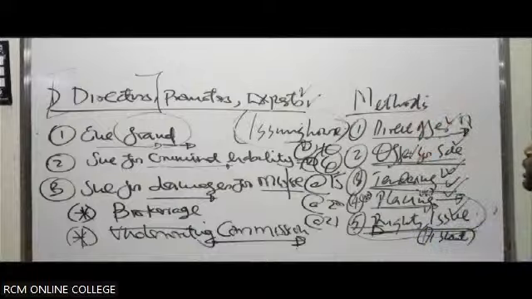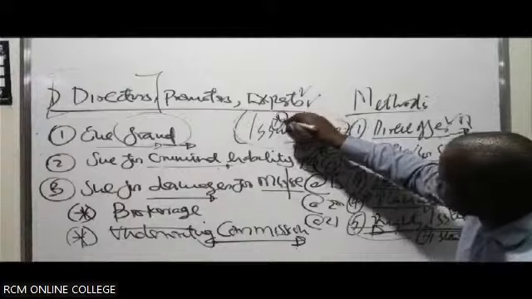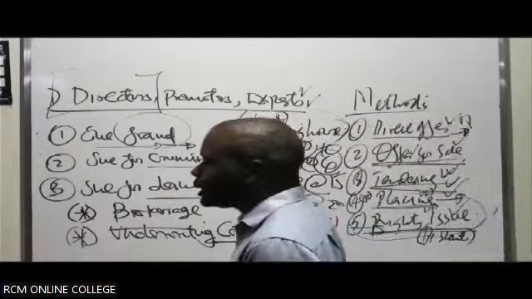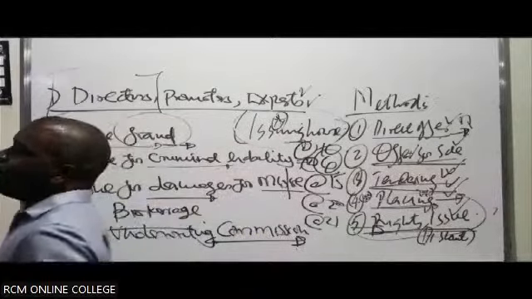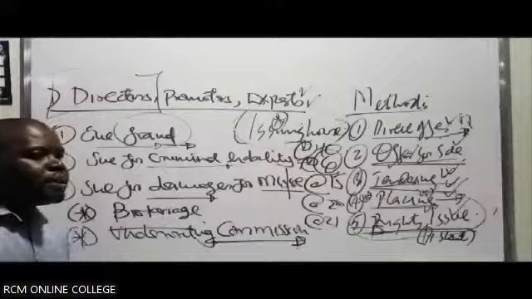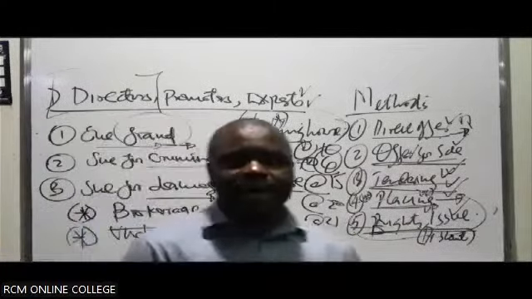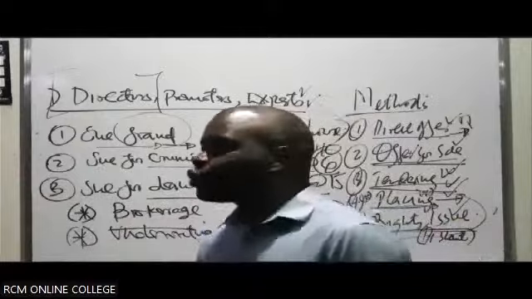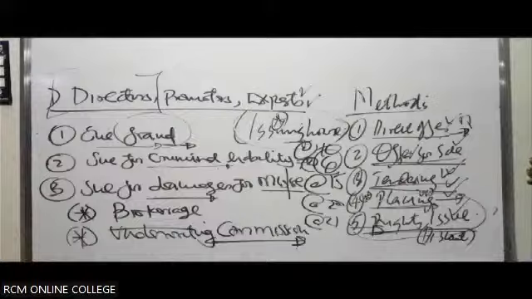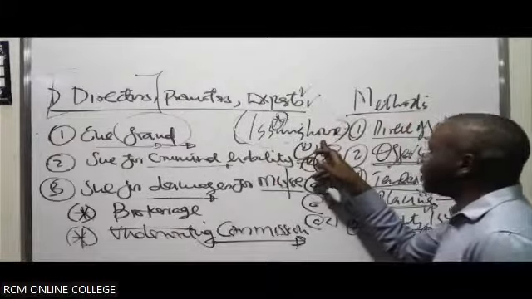Because now the one who will be involved in selling the shares will be the issuing house. Offer for sale: all the shares are sold to an issuing house, which in turn prepares the prospectus and sells the shares on behalf of the company. The advantage is that it saves time for the management of the company to concentrate on key matters. It relieves the company of the risk of under subscription, because all the shares would have already been sold to the issuing house.